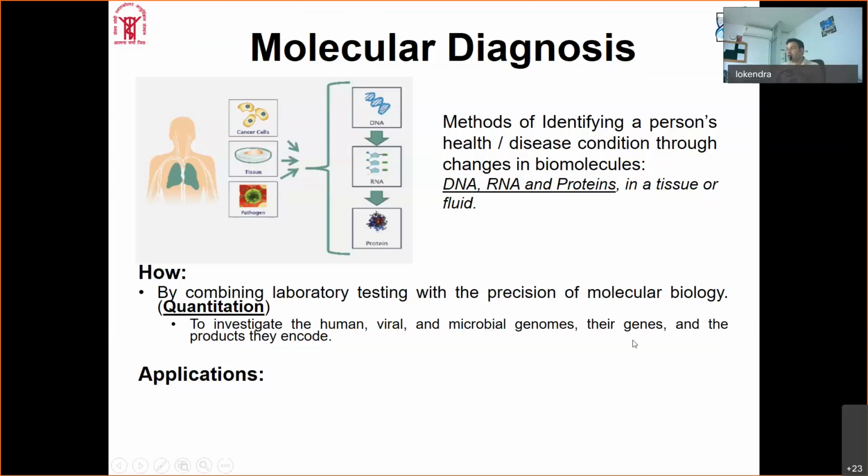Like for example, in the case of COVID nowadays, I think most of you might have gone through COVID testing, right, before joining, or in one way or another. Every time, they used to take out certain samples, and then that sample goes to the lab. I'm wondering if anyone knows about real-time PCR. I'm sure that most of you are quite aware of real-time PCR, right?